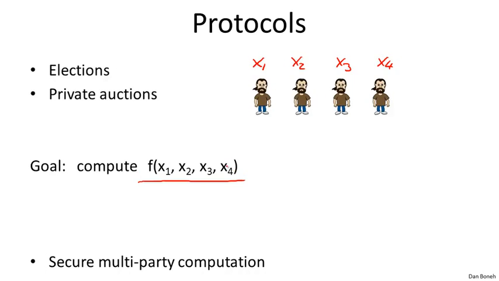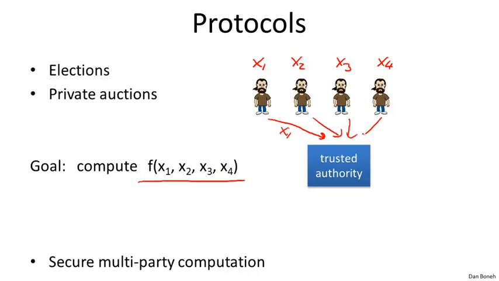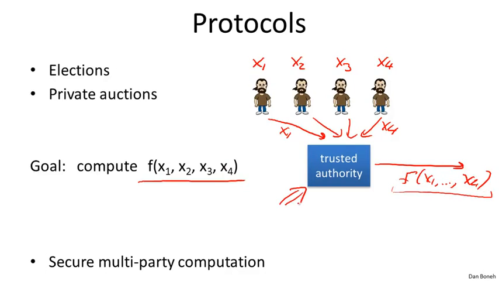So let me show you a dumb, insecure way of doing it. What we do is we introduce a trusted party. This trusted authority collects the individual inputs, and it promises to keep the individual inputs secret so that only it would know what they are, and then it publishes the value of the function to the world. So the value of the function became public, but nothing else is revealed about the individual inputs. But of course, you have this trusted authority that you have to trust, and if for some reason it's not trustworthy, then you have a problem.